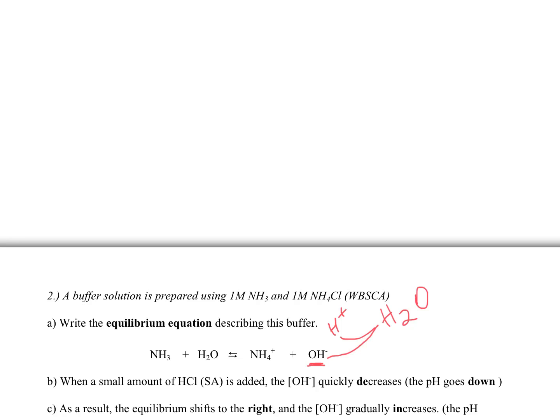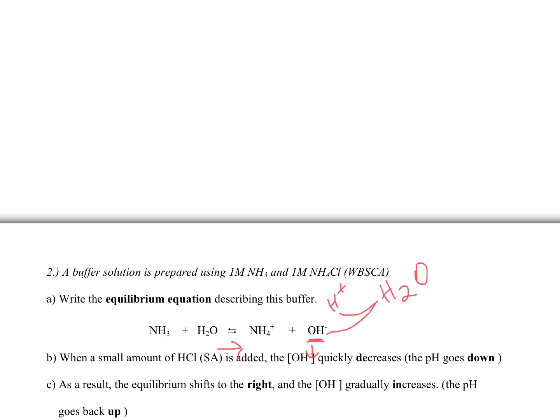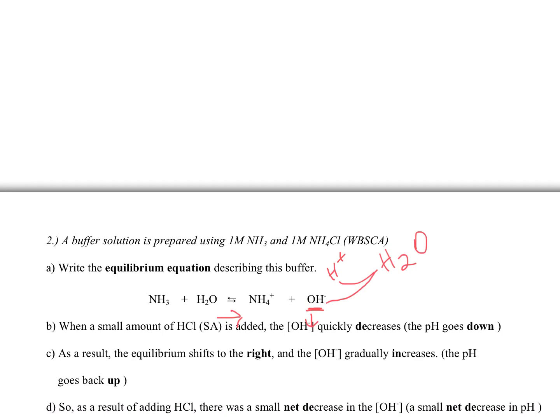As a result, my equilibrium is going to shift to the right. Why? Because I did take away hydroxide. And the concentration of hydroxide will eventually increase. The pH will go back up. So as a result of adding the HCl, there's a small net decrease in the hydroxides. Because eventually this will be used up and compensated using shifts using Le Chatelier's principle. But overall, there must be a tiny decrease because it did get used up by reacting with the hydrogen ions